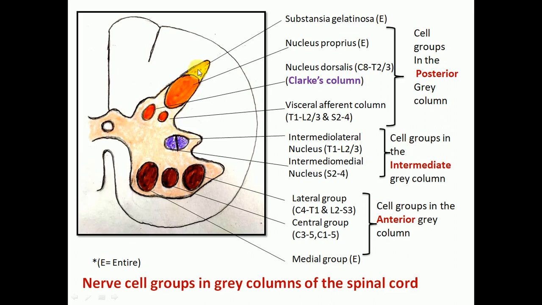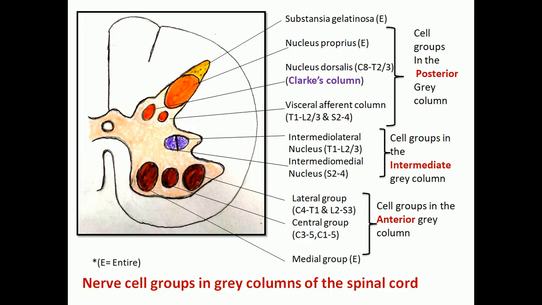Now, first of all, the substantia gelatinosa is present on the apex of the posterior gray horn. It is also present throughout the length of the spinal cord, and it is concerned with primary sensation like pain and temperature sensation. It also contains short Golgi type 2 axons, and interneurons, or association neurons, are also present. So ultimately it is concerned with primary sensation like pain and temperature, and from there sensory modalities pass through the nucleus of the spinal tract of the trigeminal nerve.